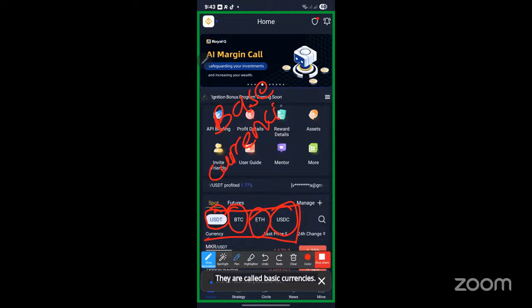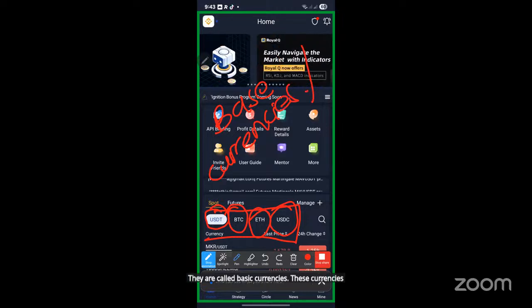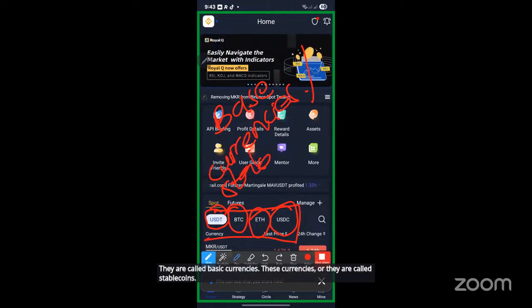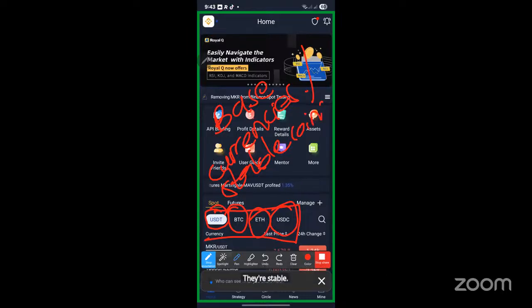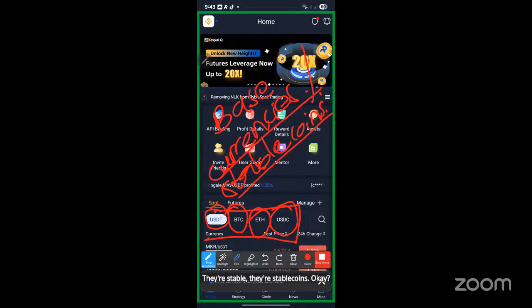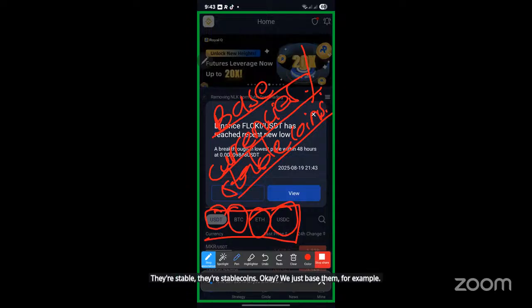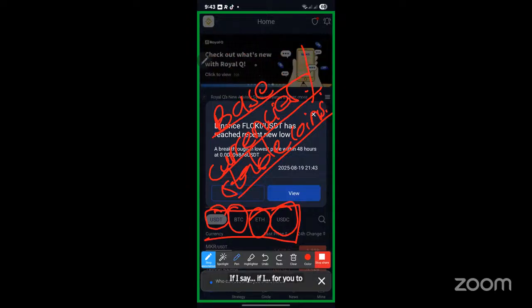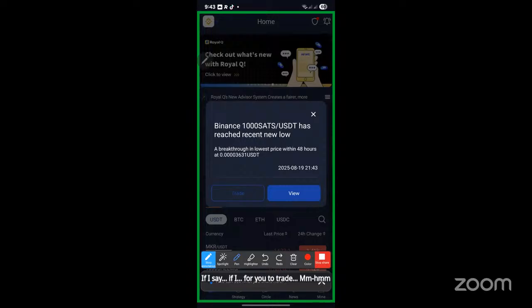Base currencies, or what are called stable coins. They are stable, the stable coins. Okay, we just base them. For example, if I say for you to trade,